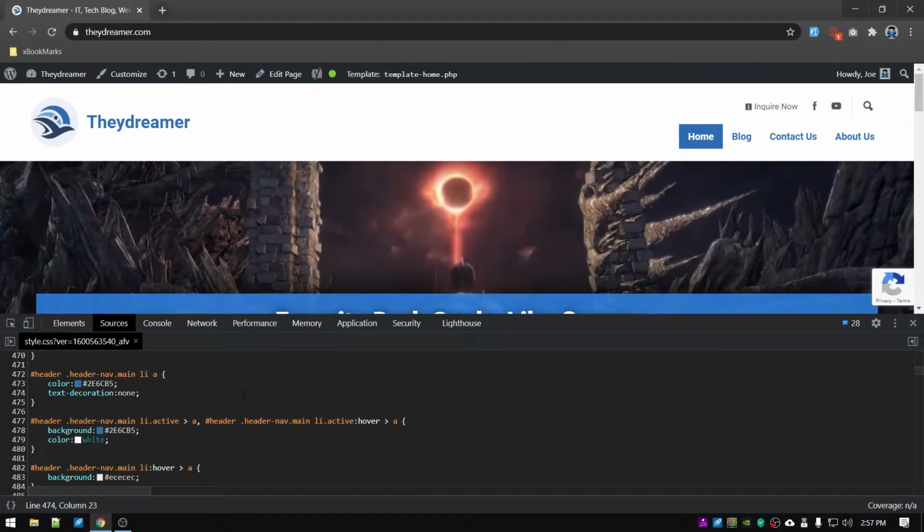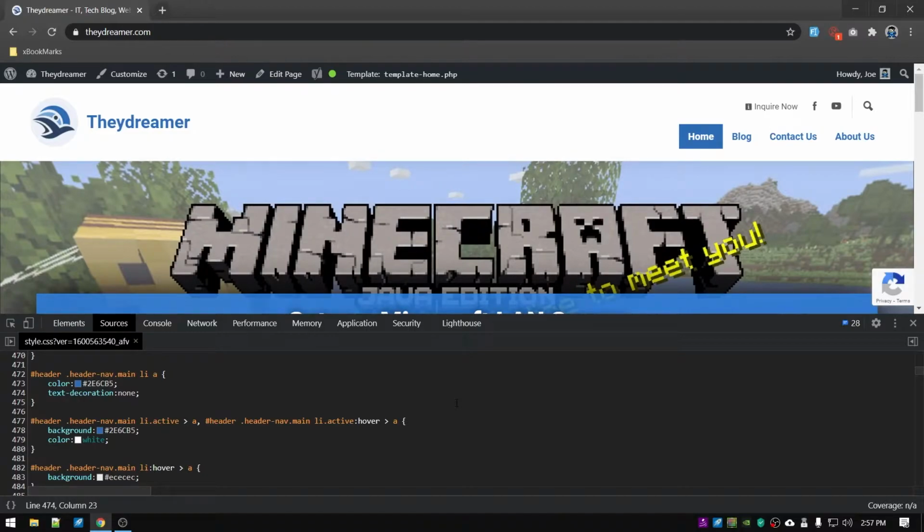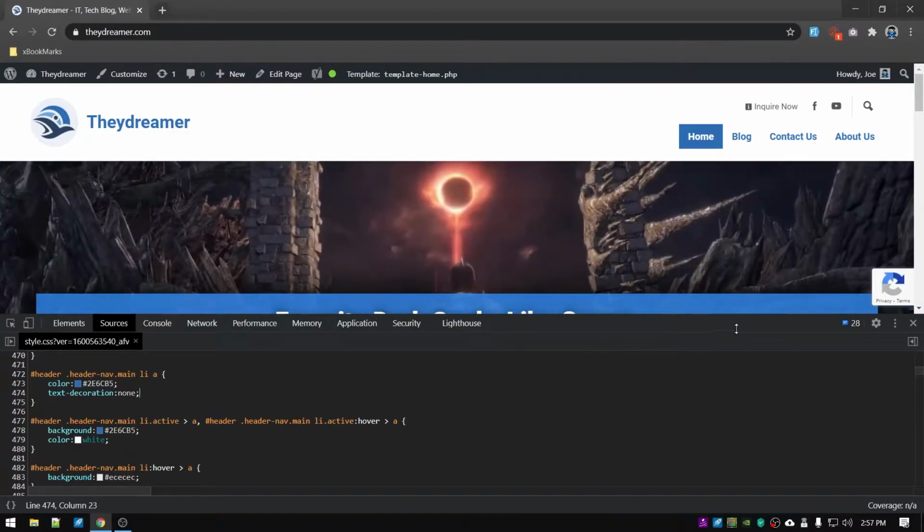So you might be wondering if you could save those changes or have those adjustments permanently applied on the website. The answer to that is that it depends on the situation. If you have control of the web server where the website is hosted, you can simply open